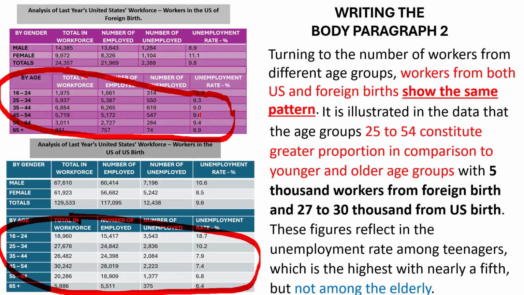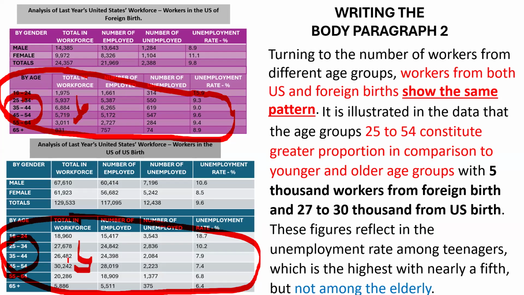Now, turning to the number of workers from different age groups, workers from both US and foreign births show the same pattern. It is illustrated in the data that the age groups 25 to 54 constitute a greater proportion in comparison to younger and older age groups, with roughly 5,000 workers from foreign birth